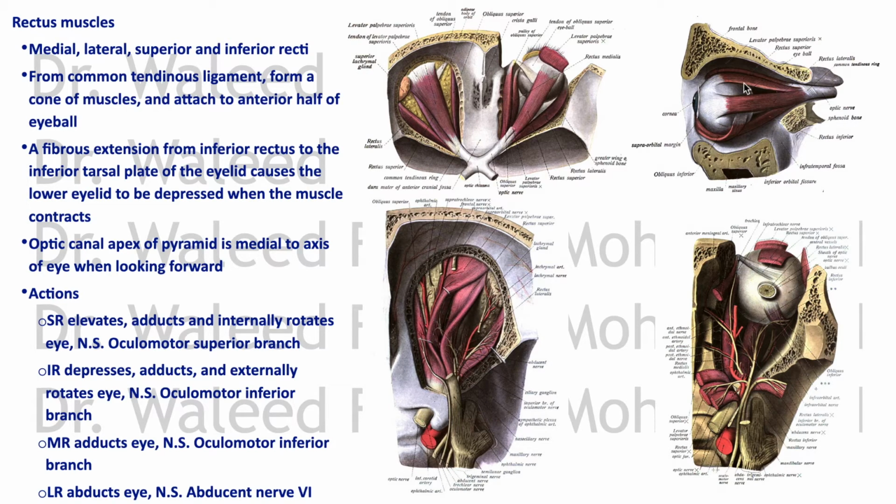But since they pass the center of the globe and insert anterior to the equator, this will get rotational movement in the form of elevation, depression, and side-to-side movements. Okay? Understand this, please. Because all the muscles are coming from the posterior aspect, so they will insert in front of the equator, except, for example, this muscle, the inferior oblique, which comes from the